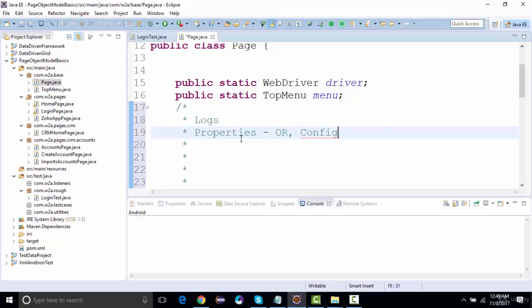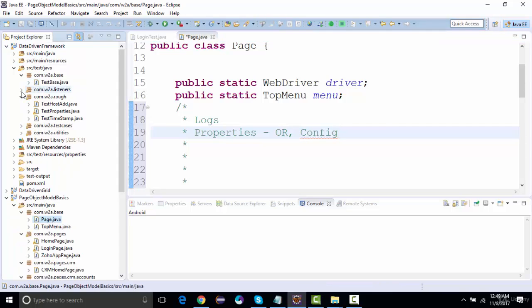Now basically these are some of the things that we have already seen in the very first project, that is the data driven project, right? Now I would request you that if you have not gone through the data driven project, the very first initial project where we have already discussed all the basic utility initialization, I would recommend you to first go through this and then you can return back and watch the page